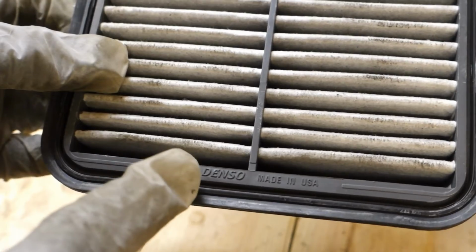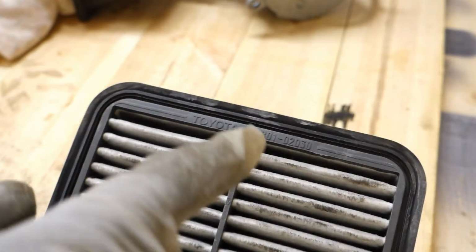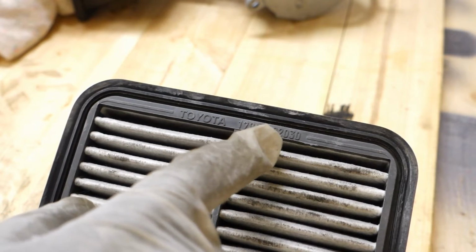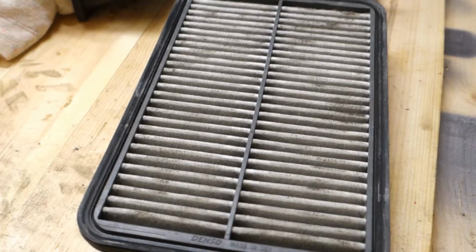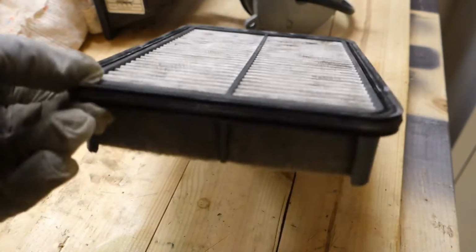Okay, by the way, it's good to purchase Denso's air filter. There is a sign that Denso made it in USA, and there is also this product code: 178010230. This is Toyota's original air filter, and these filters are best quality, and it is possible to clean them a little bit